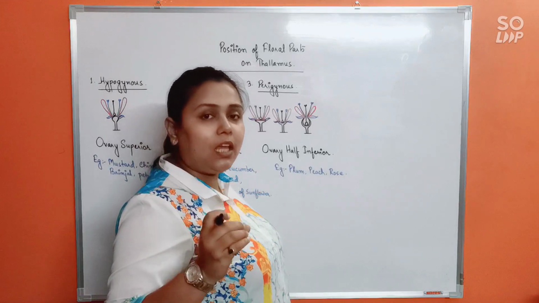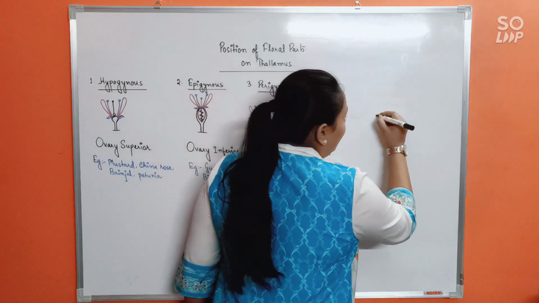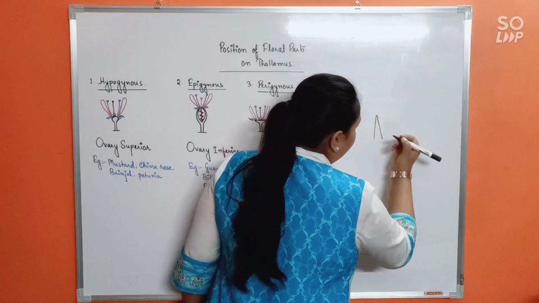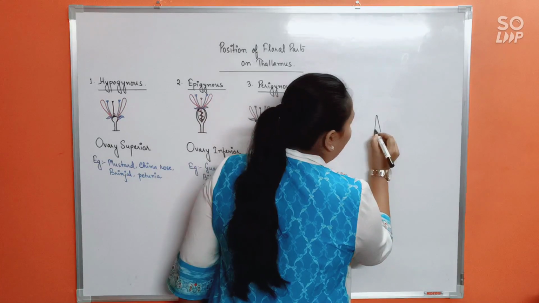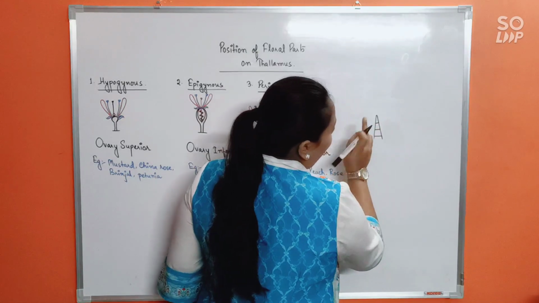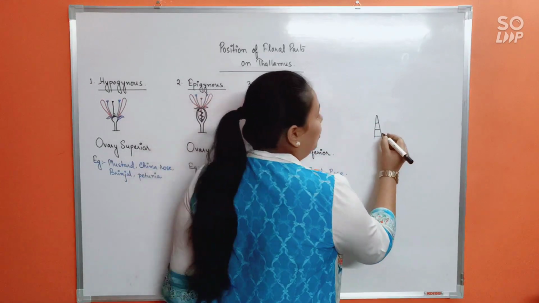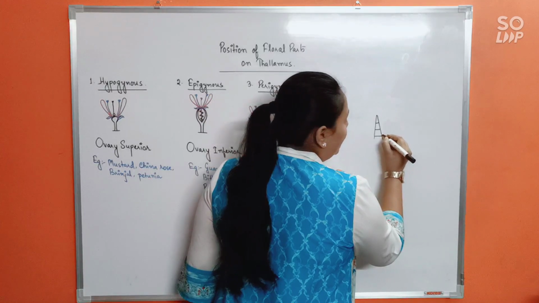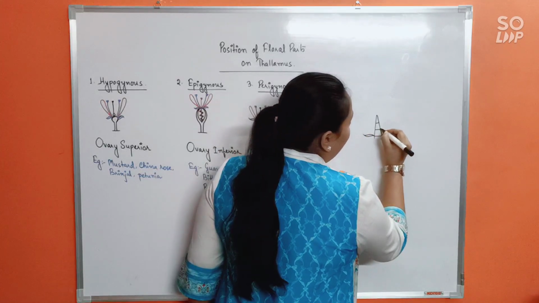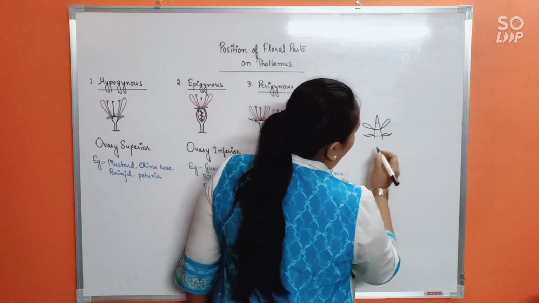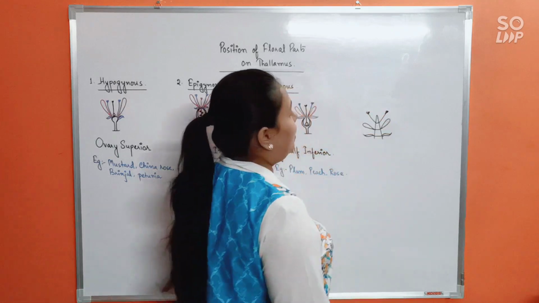Now just imagine if thalamus starts to grow. If I elongate the thalamus, don't you think it will look like this? This being the stem which has elongated, and because it has elongated, the nodes have also separated. So these are the nodes, and in between the gaps are the internode, right? So now from the lowermost node will arise the sepal, then above it will remain the petal, and on top of that would remain the stamen, isn't it?